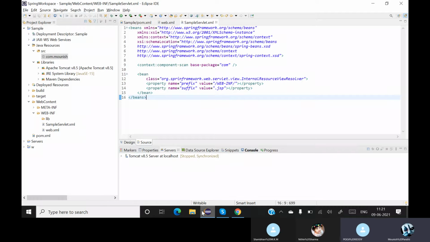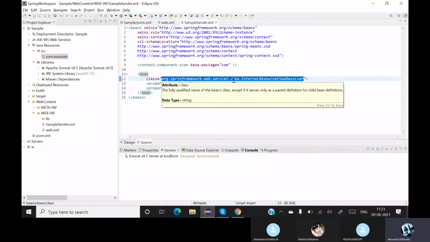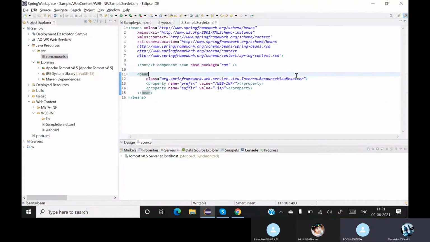Property is the input, sir. See, property means this is basically the view folder. In our MVC we have our view, right? In the Java source we'll create our controller, so automatically our project knows that the controller is based on Java. So it will go for Java resources and search there. The model is basically our data.